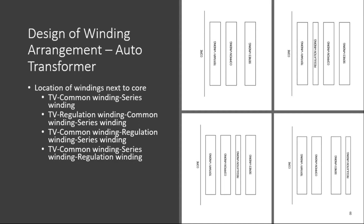So in some cases you want to add a regulation in such a way that you have some complexity with respect to the voltage, transient voltage. In some cases, we do use a regulation in between common winding and the series winding. And this condition comes along with an additional challenge, which is the joints in the regulation winding can cause higher heating because the main leakage happens between common and the series